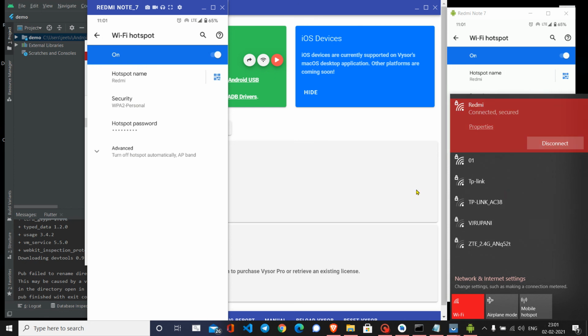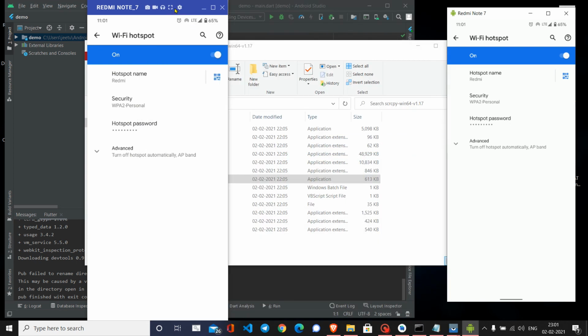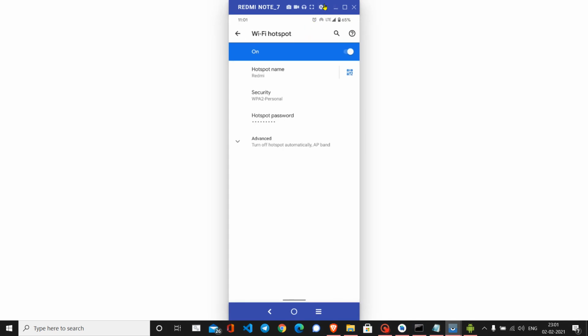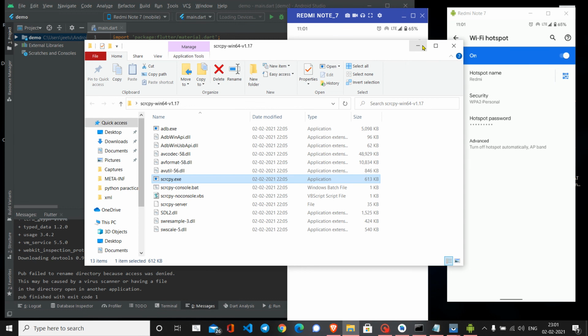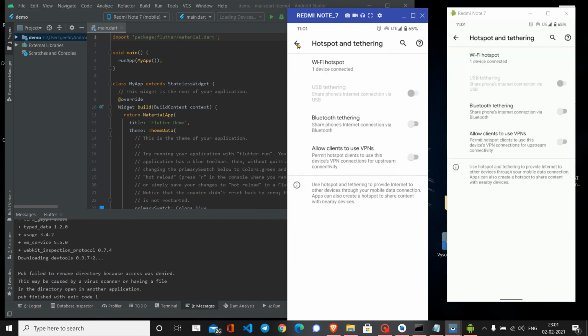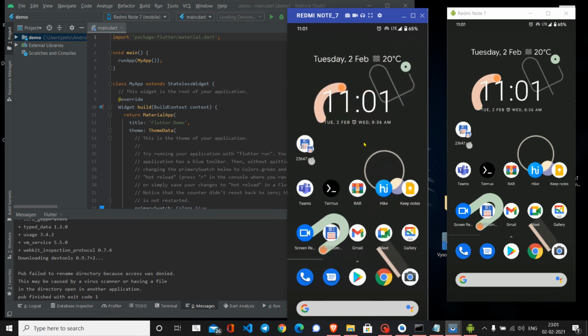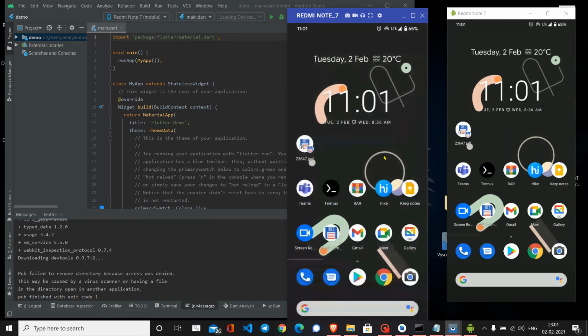Fine, so that was pretty much it, guys. And here were the two ways by which you could get connected. One more thing I would like to share is that if you get connected by your Wi-Fi, the quality of the screen mirroring is very low, and you might not enjoy it.